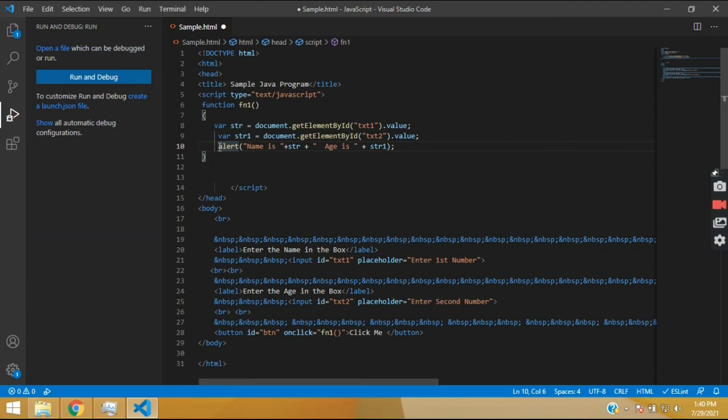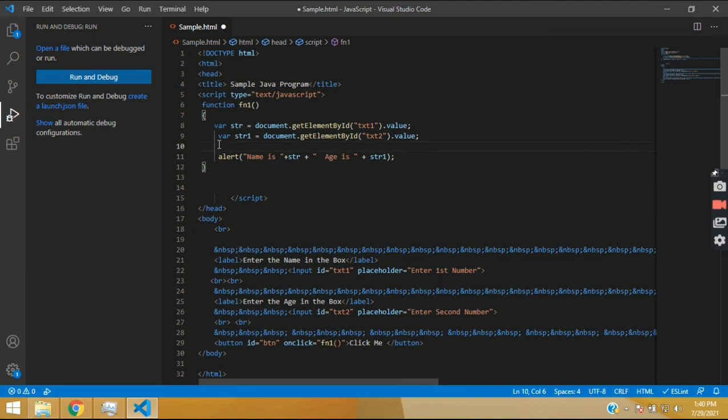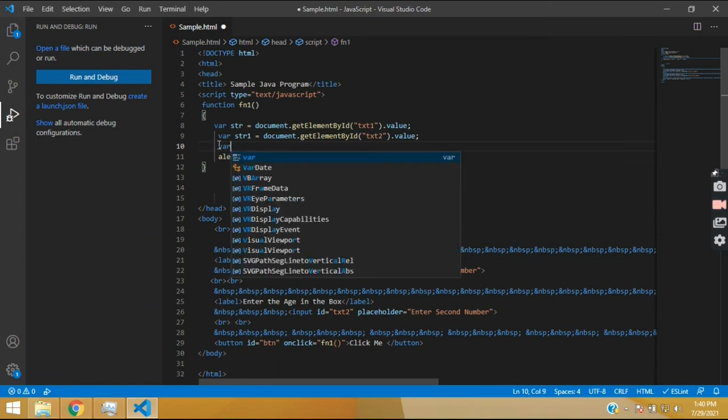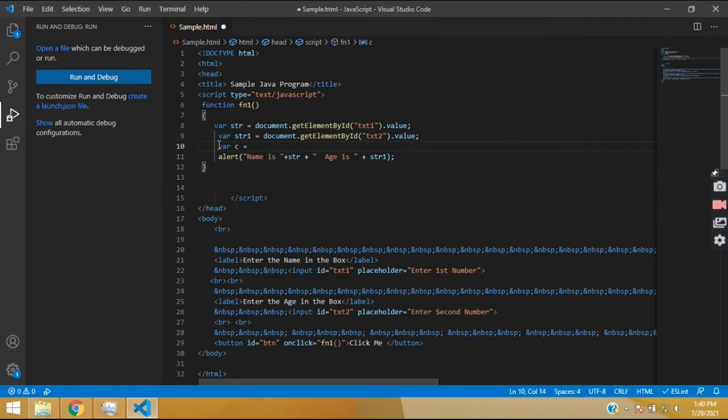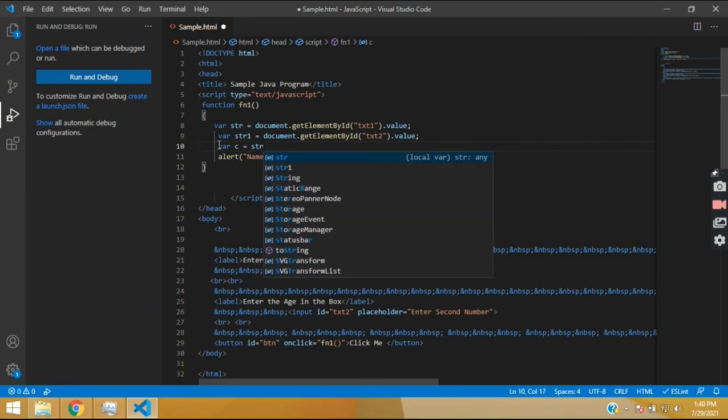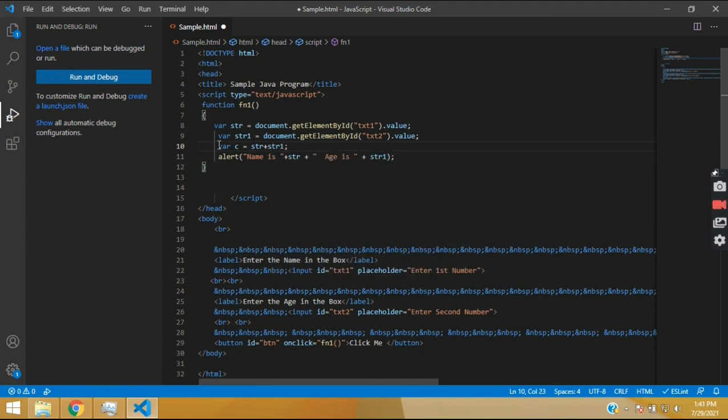Now what we want to do, we want to add the values, so I can create a variable c equals to str plus str1, and here we can give a simple message.